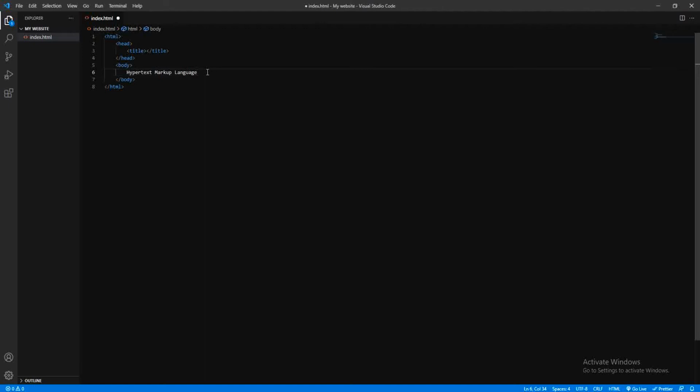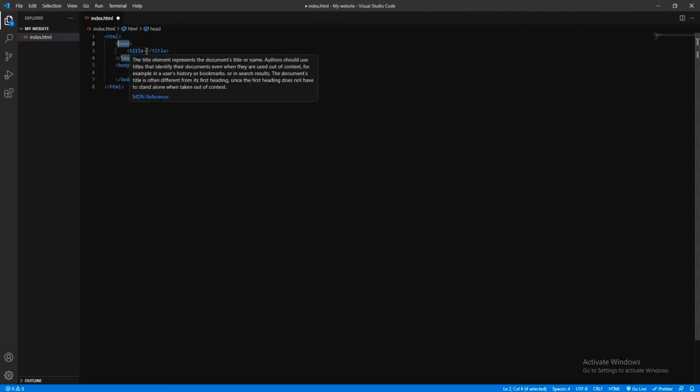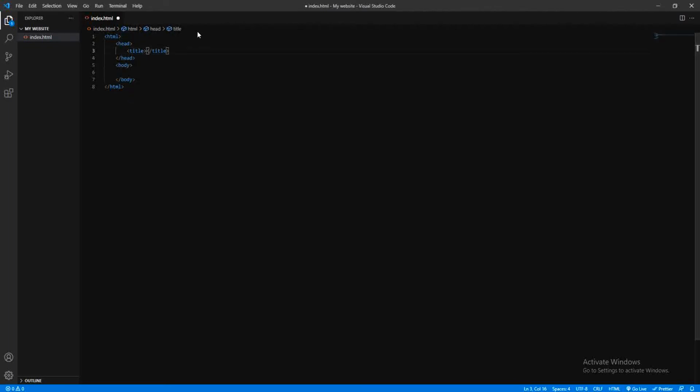Actually, it is a web language, that is, only the browser recognizes what is in your HTML tag. So the head, as we all know now, is the upper part of your code, and in between this we have our title, which means the title of your page. If your page is my first design,